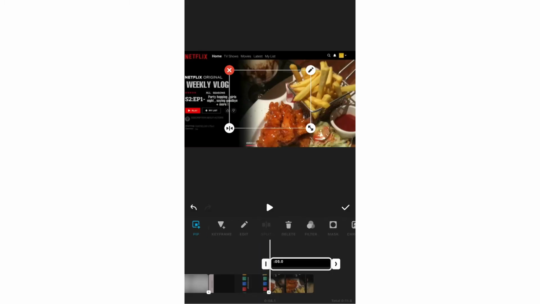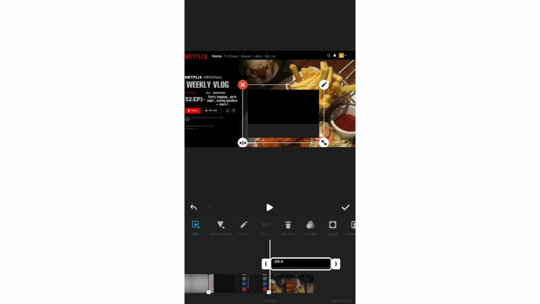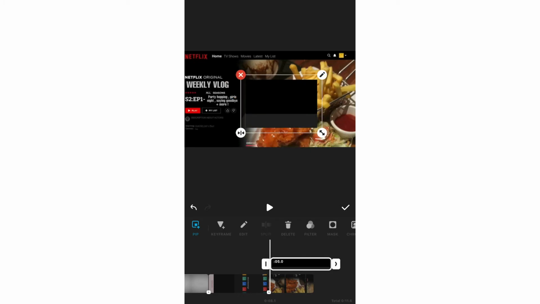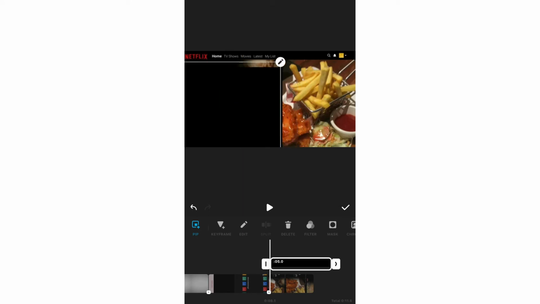So what I'm gonna do is I'm gonna click on PIP. I'm gonna add a picture of a black screen, and I'm gonna cover everything. I'm gonna cover the photo and the text on the right. So the only thing that you should be able to see right now is the text at the top, because you want to keep that because of the Netflix logo and whatever. So I'm basically going to adjust the black screen until I'm satisfied, and then I'm going to hit on text